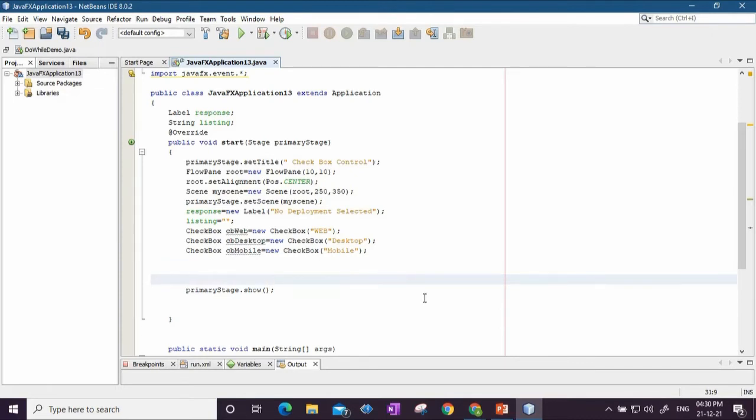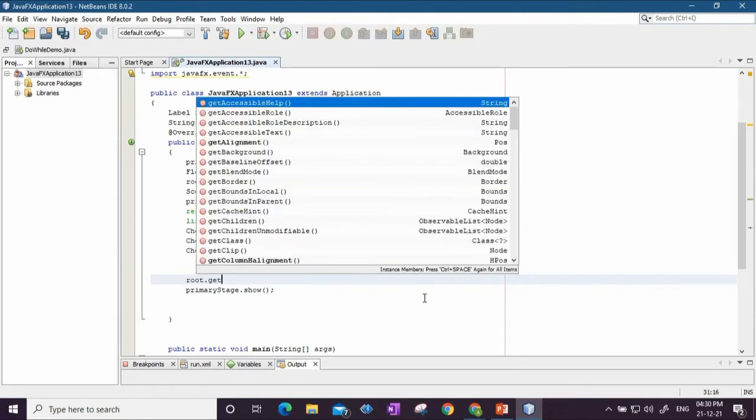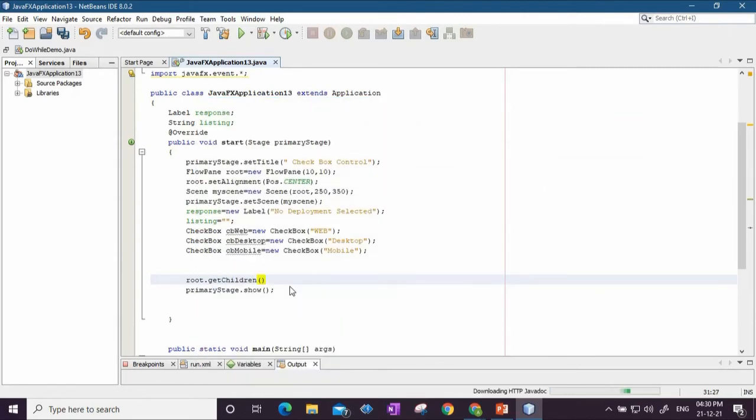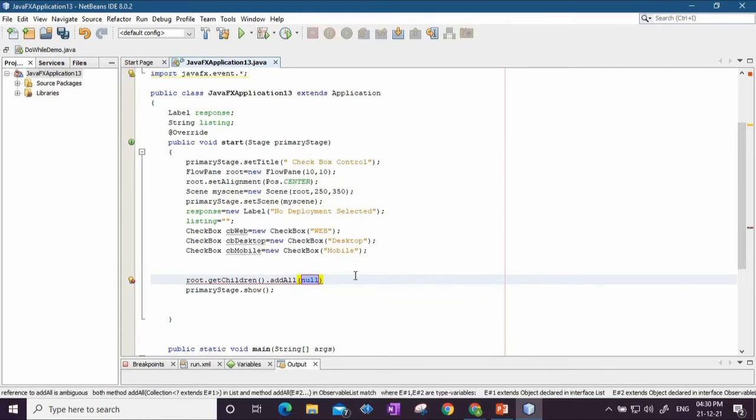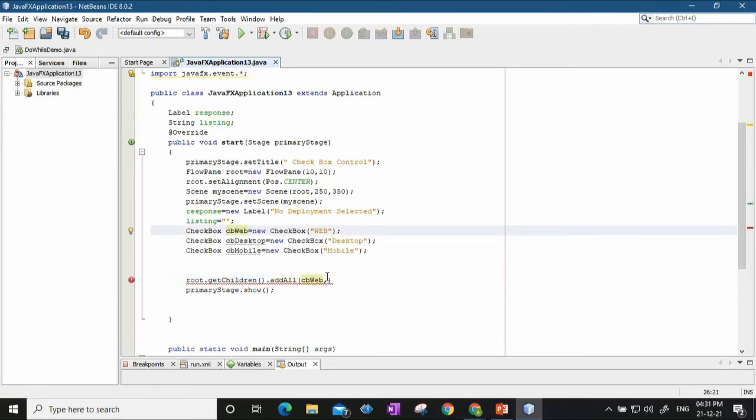So I'll say root dot getChildren dot addAll, and what I'll be adding is, first I will be adding the checkboxes, that is CB web, then CB, here W has to be capital, then CB desktop, and third will be CB mobile.